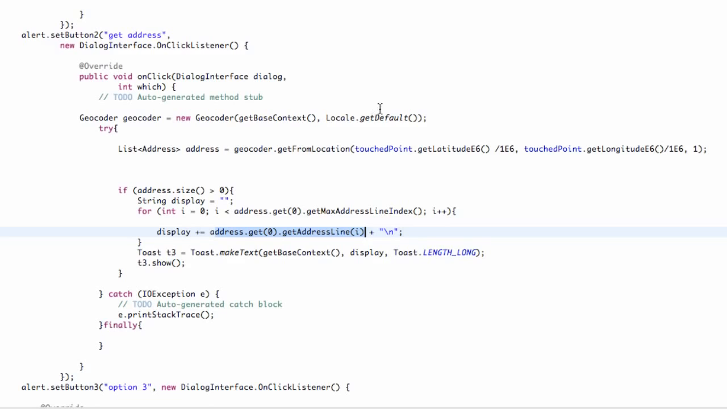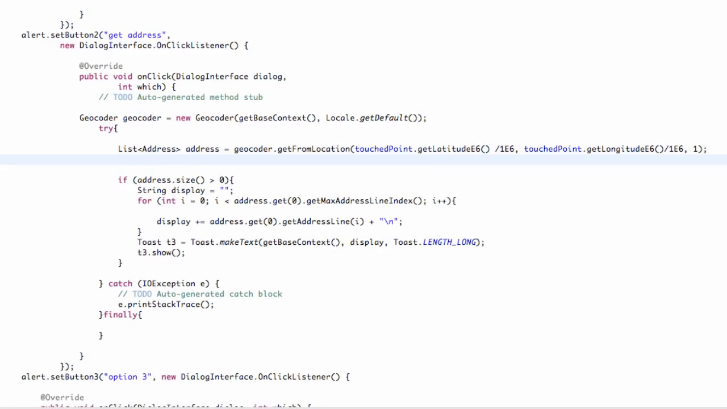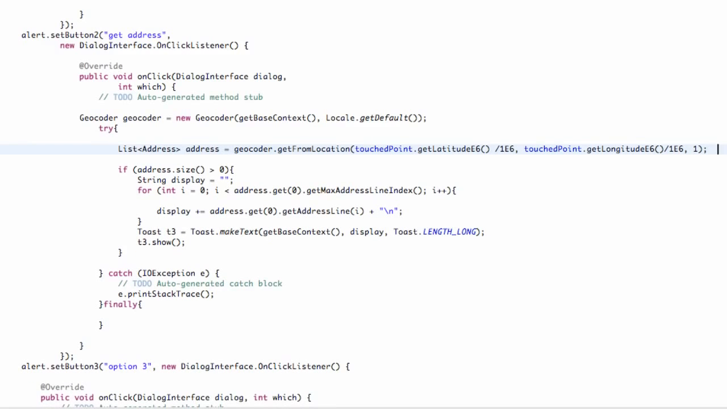In this tutorial, we're going to overview what we've done so far, and also set up switching the map view to be either satellite or street view, which is going to be pretty quick and simple. First, let's talk through what we've done within our alert button called